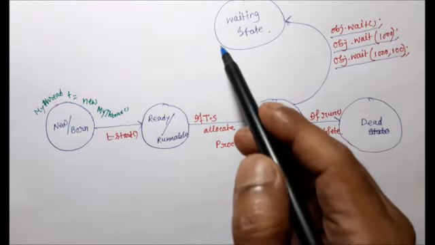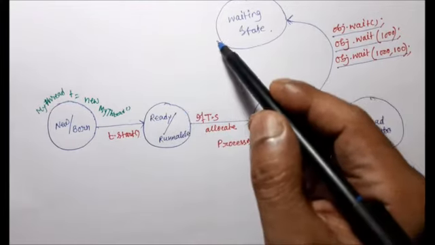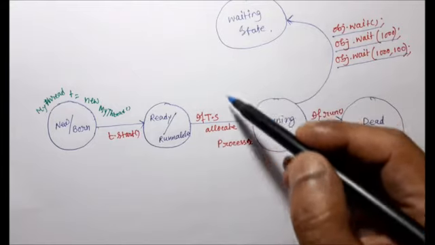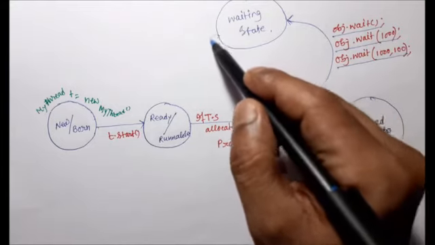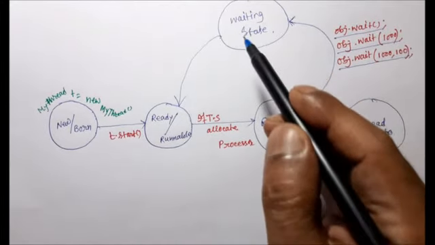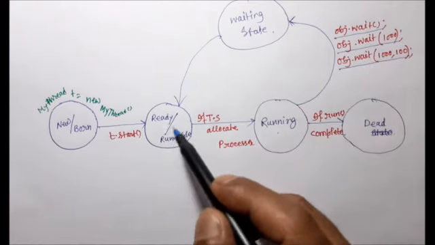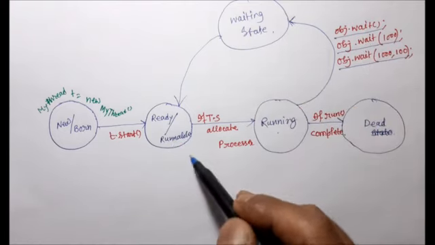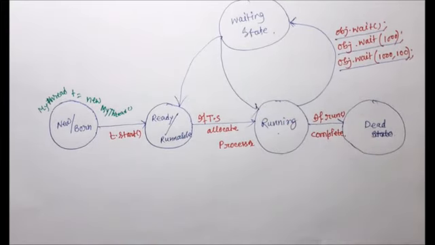Whether it will enter into a ready state or running state, or ready or runnable state, or whether it will go to the running state. So which one is right? After the waiting state, if a thread is notified by another thread, what will happen? It will enter a ready or runnable state, or it will directly get the chance of running state. Clear? Which one is correct?